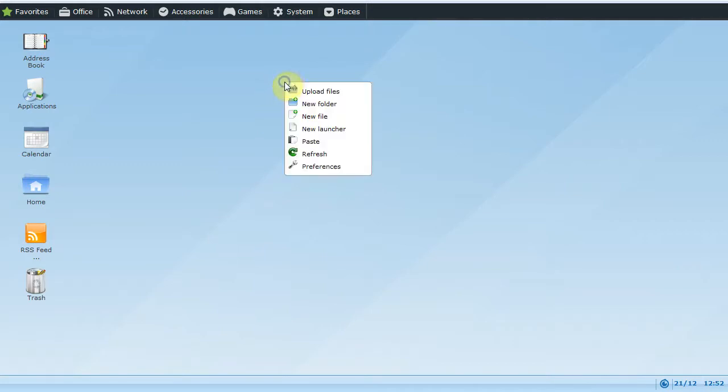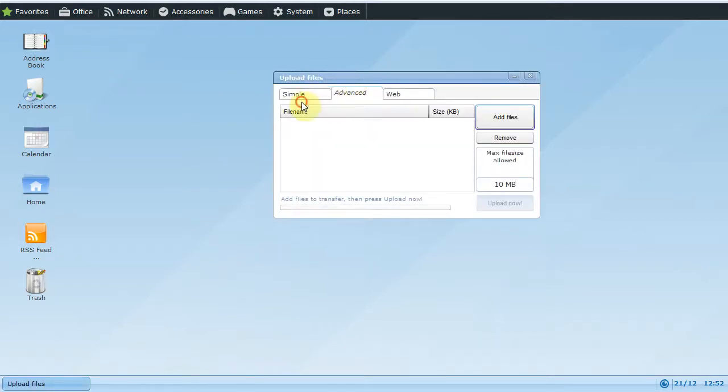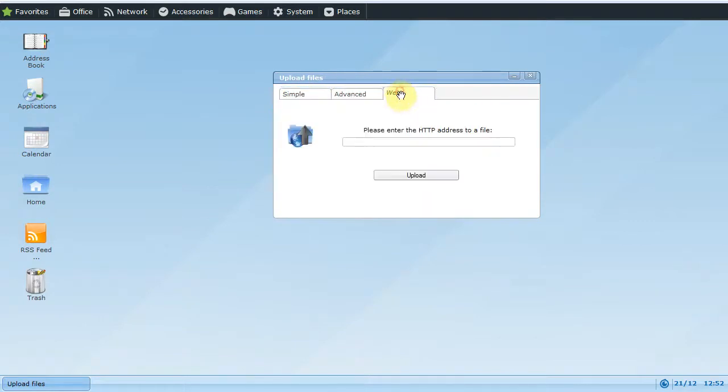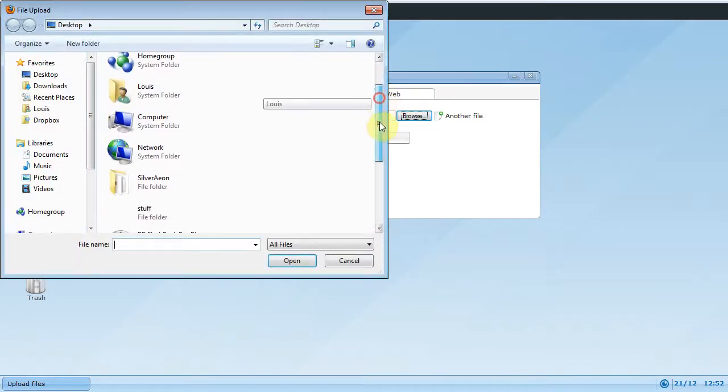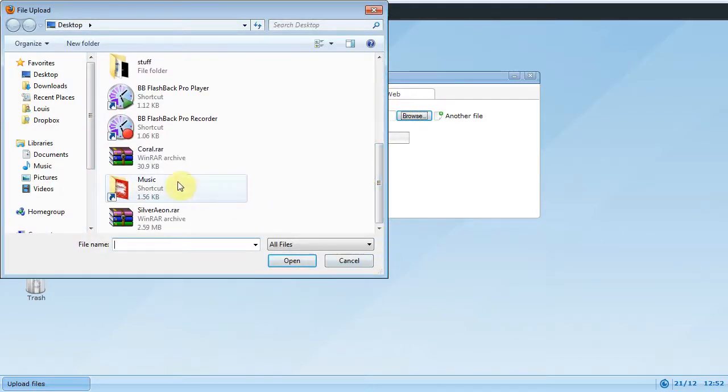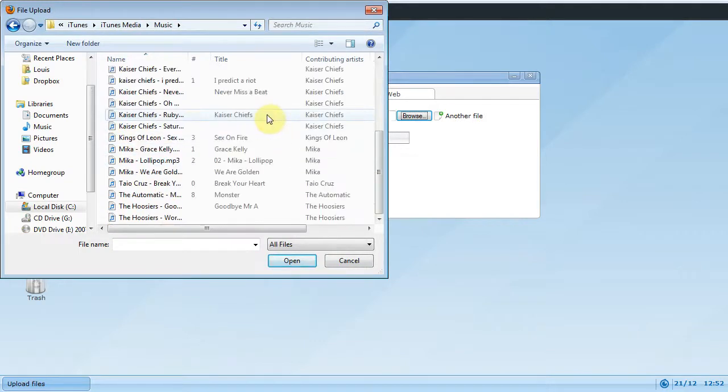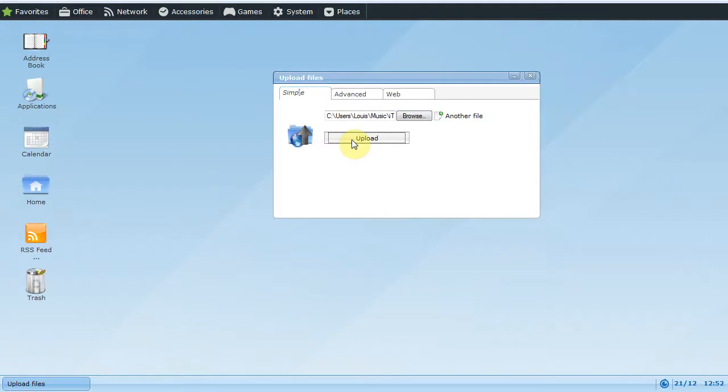If you right click on the desktop, you can go to upload files, new folder, new file, new launcher, paste, refresh, and preferences. If I go to upload files, you can do simple, advanced, or web. So you could even get a file from the web. If I go to simple, browse, it will search your main computer for something. So if I go to music, I will just upload some random music,